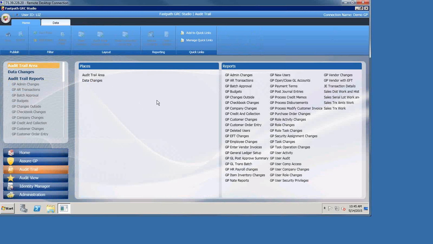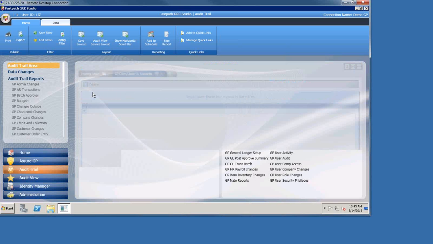Once those audits are set up, we have a whole bunch of pre-built reports here. Pretty much anything that starts with GP is going to be an out-of-the-box report. So we have a report built for almost all of the most commonly audited areas of Dynamics GP. And under the administration tab, there is what we call a report generator, so we give you the ability to continuously add reports to this section. So if we take a look at the report,